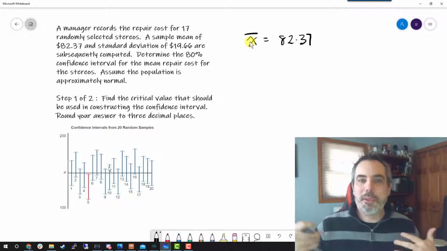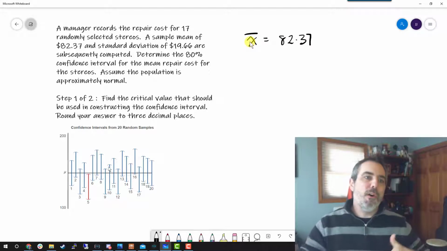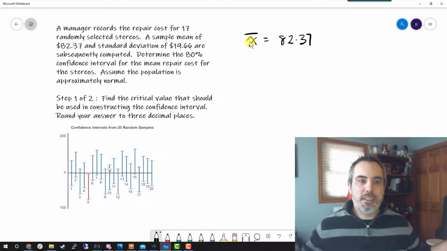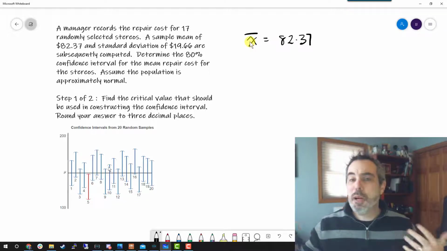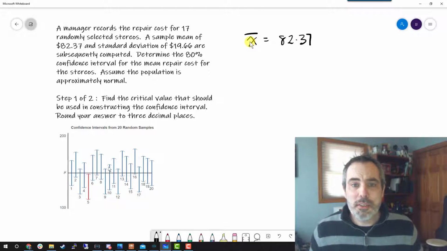I don't know what the population mean is. I don't know in all of the stereos that need to be repaired how much the repair cost is going to be. Because of that, I also don't know what the actual standard deviation is for the entire population of stereos. So I have a standard deviation for this 17 of